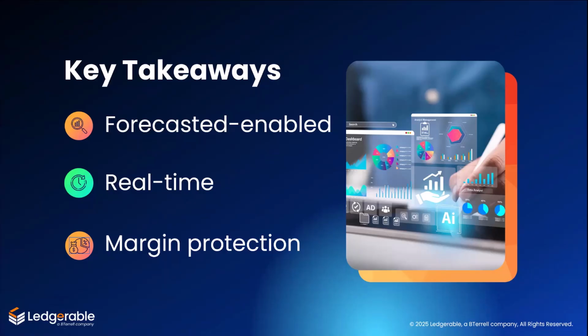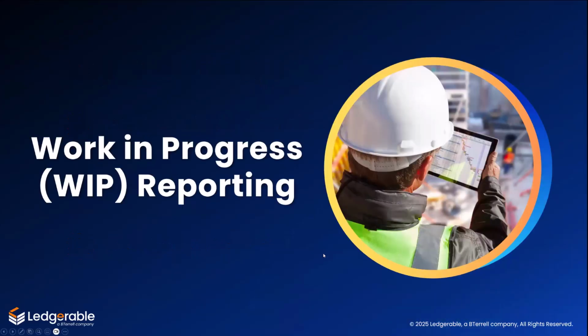To wrap up this KPI, the job cost variance shows where you are today, but pairing it with forecasting tells you where you're headed. And that means you can project final cost and avoid unpleasant surprises at the project closeout. And most importantly, you protect your margins by catching problems while you still have time to act. Job cost variance isn't just a report, it's your margin protection tool. With that foundation in place, let's move to KPI number 2, work in progress and revenue recognition.